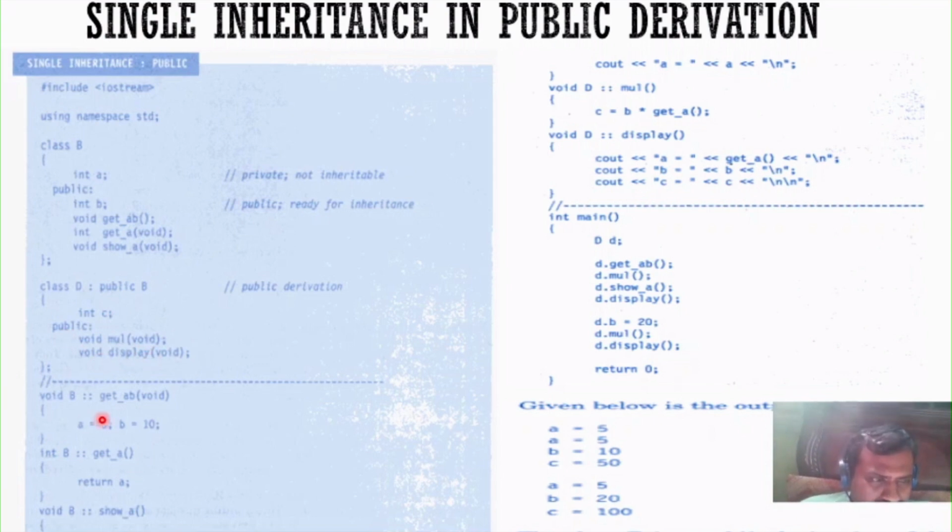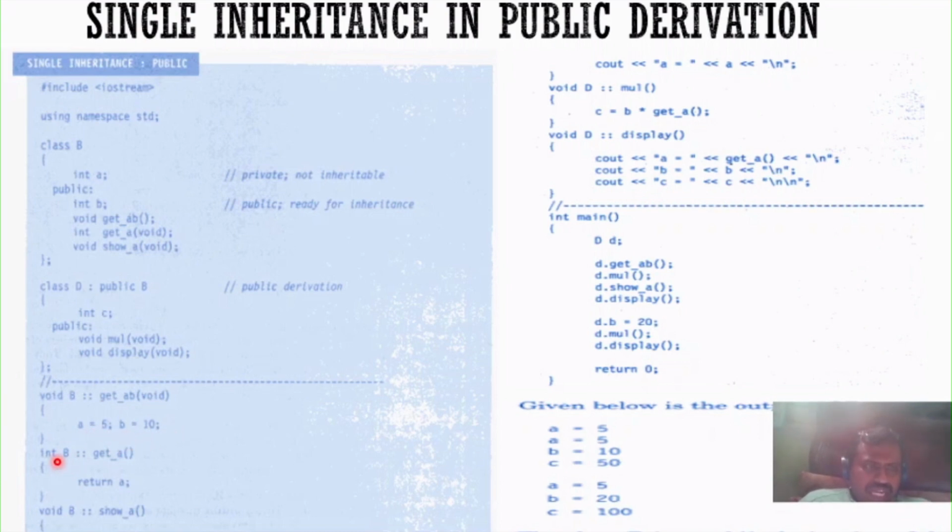Now, as you know how to write the member functions outside the class, we know the format, that is return type, followed by the class, followed by the scope resolution operator, name of the function, and argument list. So write like this. First we have to start by writing the member functions which belong to the class B one by one. Now, what is the format? Return type, that is void, name of the class B, scope resolution operator, get A B, void. A is equal to 5, B is equal to 10. We are going to assign the values A is equal to 5 and B is equal to 10.